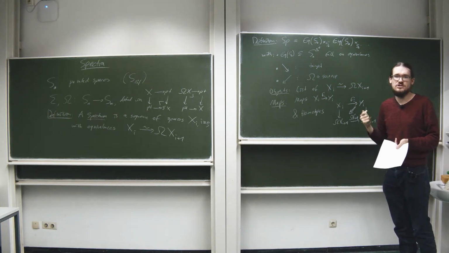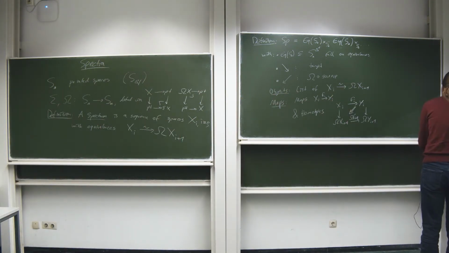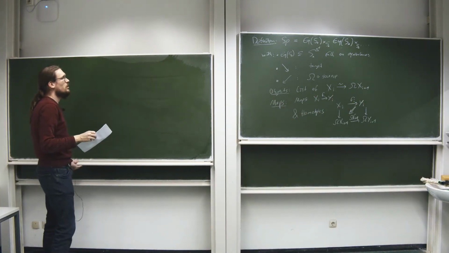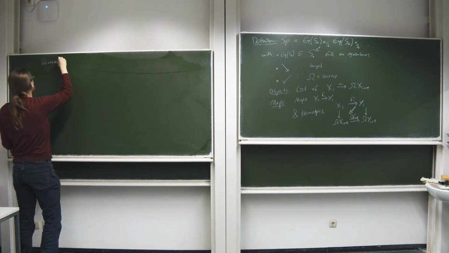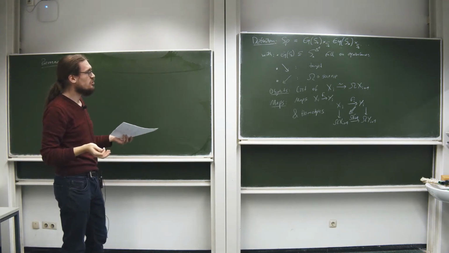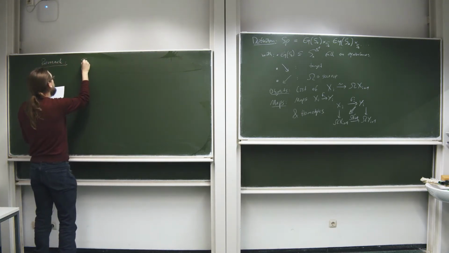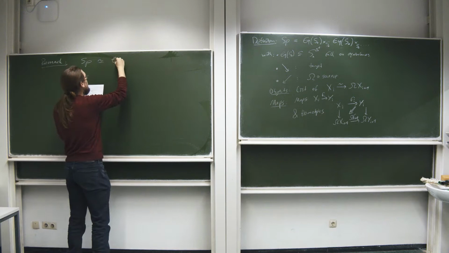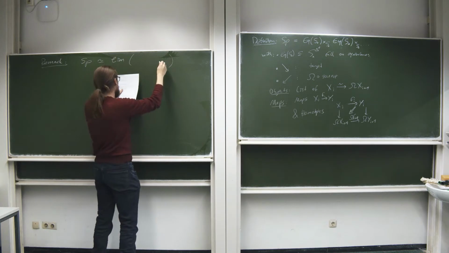homotopy coherent nerve of a certain simplicially enriched one category or something like that. So now there's one more observation I want to make, which is that one can come up with an even simpler description, which is simply that this infinity category SP is also equivalent to just taking the limit in Cat infinity of